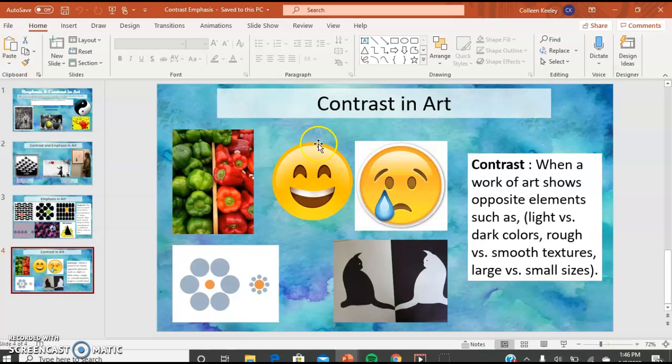So in this picture here on this slide, it just shows things that are opposite. So happy, sad emoji, a big flower, small flower, black cat, white cat. And then even though these are the same thing, they're both peppers. One is red and one is green, which is opposite. And then